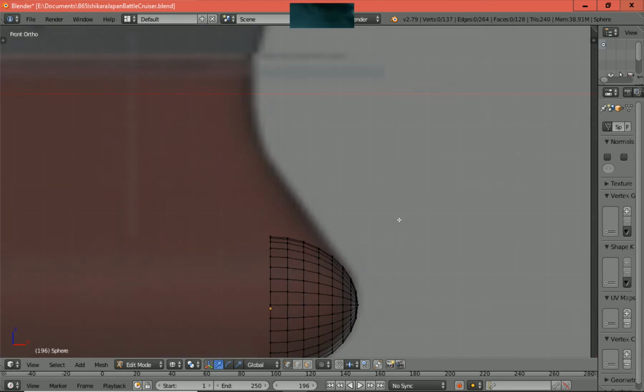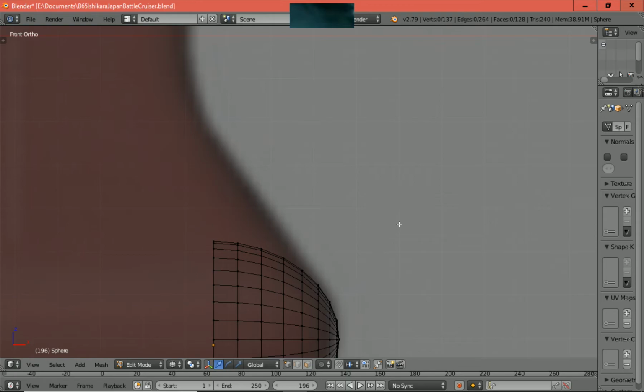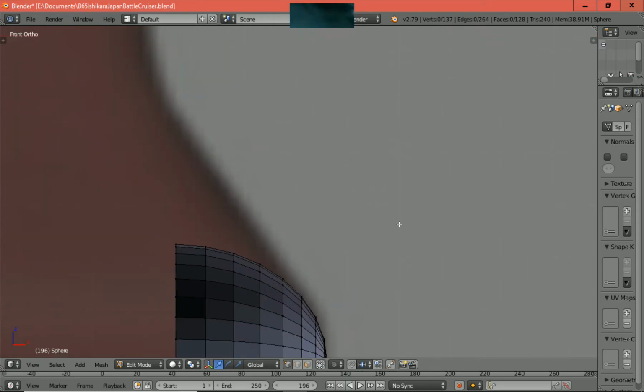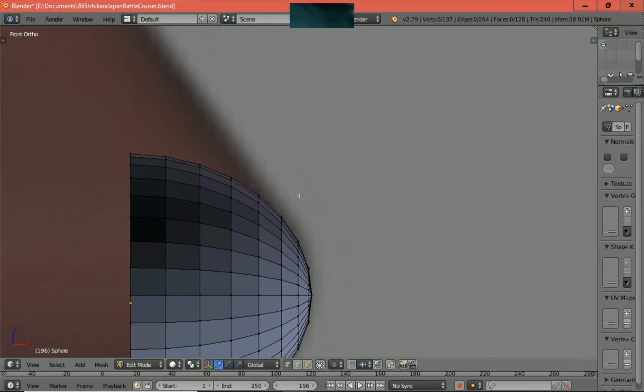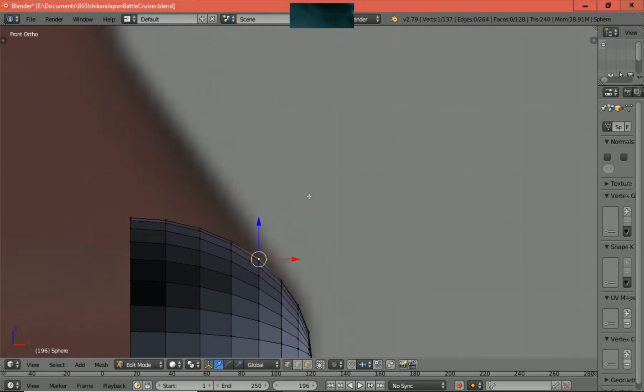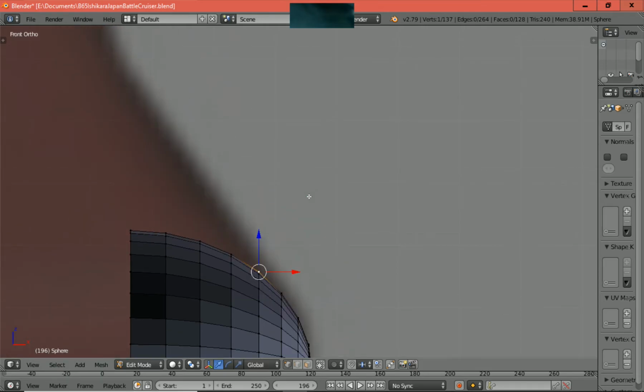Let's go to 1. Let's solidify this. Let's zoom in. And let's take this vertex right here, which is dead center. And since I'm doing a mirror modifier on this ship hull, what I don't want to do is run into a problem. I need a center line. So if this is going to be the center line of the ship,